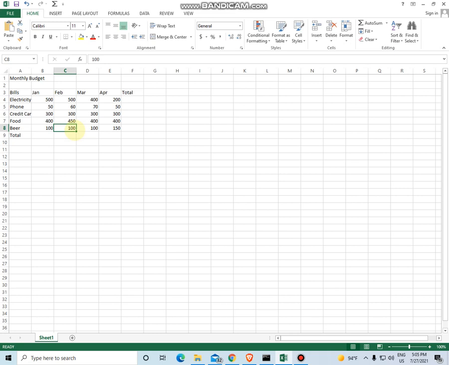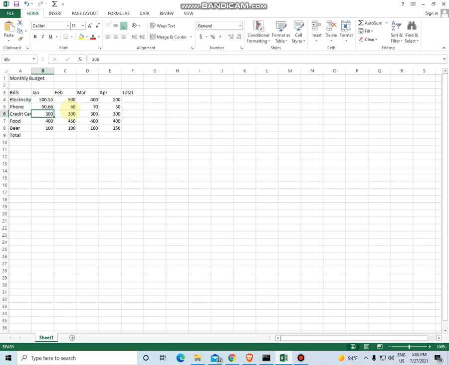If we start introducing decimal places inside our numeric values, those decimals will be nice and aligned. Let me show you. For example, the bill for January for electricity could be 555, and the bill for phone could also be 50.66.